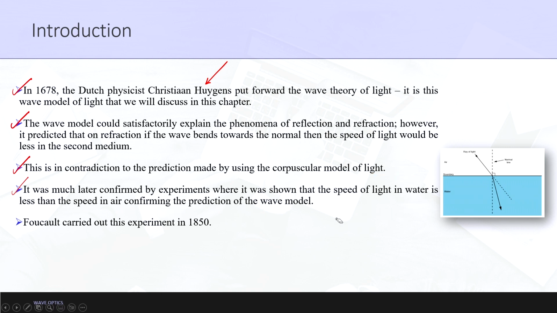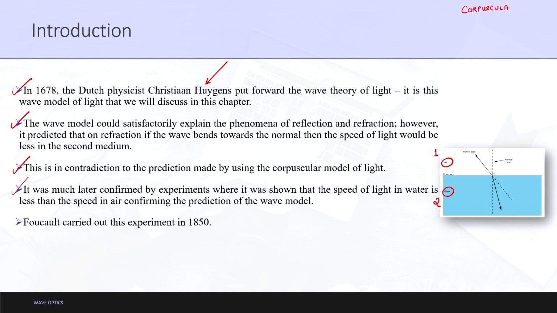This concept is also shown in the right figure. Air is the first medium, let me denote it by 1, and water is the second medium, let me denote it by 2. Let this be the normal line as depicted in the figure, and let this be the boundary, which is nothing but the interface. As you can see, the ray of light after refraction is bending towards the normal. If it is bending towards the normal, according to the corpuscular model of light, the velocity in water, let me write it here,